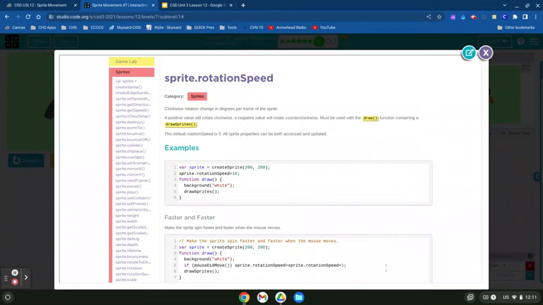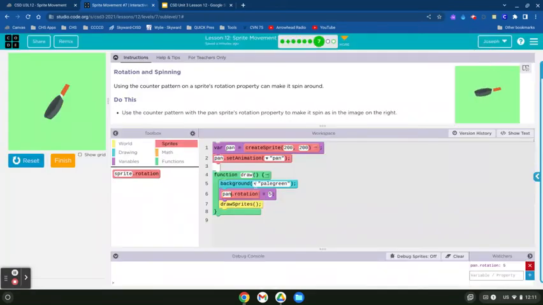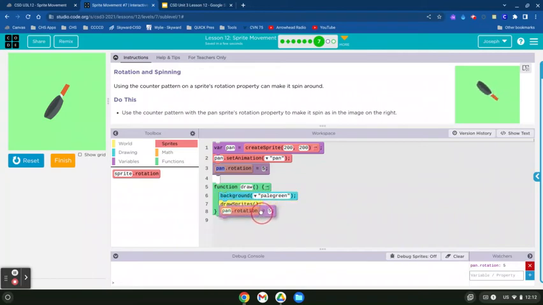So let me see what's going on here. Of course, it won't happen. Okay, so apparently there's something wrong with the rotation speed. Let me see. Maybe if I put it on the outside, I don't know. I've seen weirder things happen. Let me punch reset and run it. No. Okay, pan rotation. Well, you know what? Come to think about it,